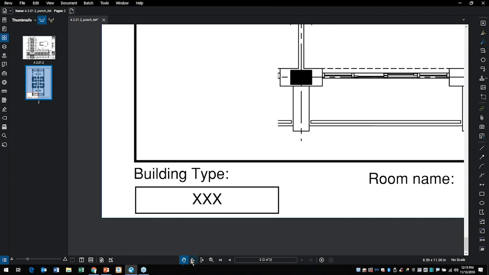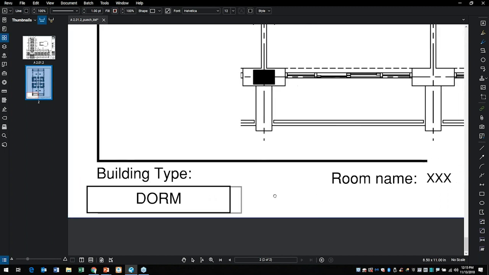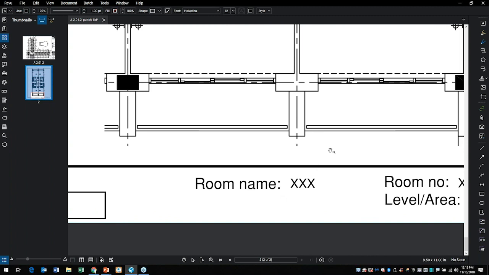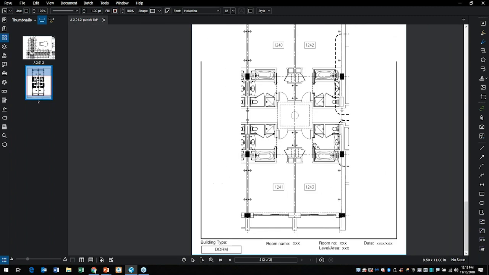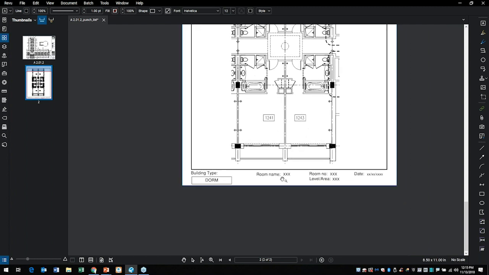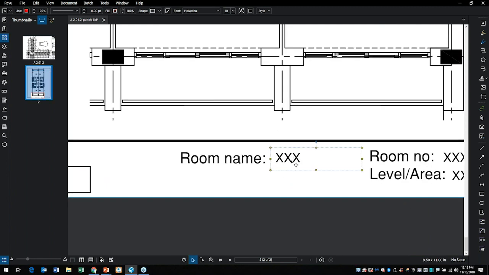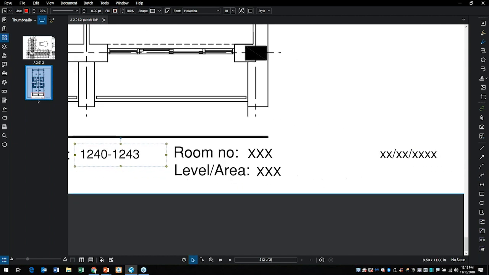Let me see if I can get this guy to edit. So maybe this is a dorm. Oops, got my caps lock on. And I could come over here and say room names, and these could be 1240 through 1243. And you get the idea. So I can go through